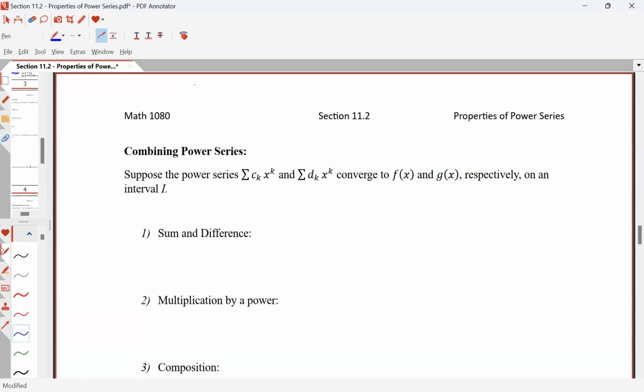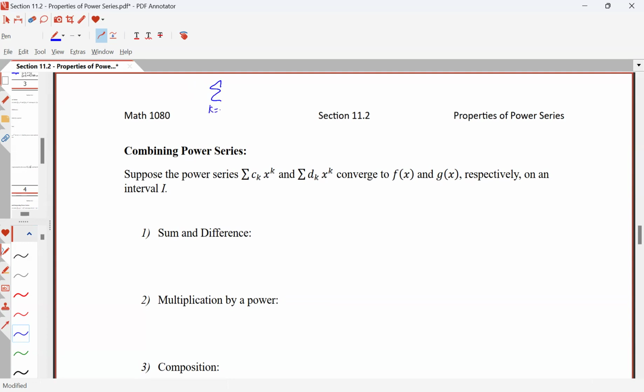So that is exactly what this theorem here is saying. Suppose we have a power series c sub k x to the k and d sub k x to the k that converge to f of x and g of x respectively. Again, we'll see a little bit more about these functions that we can converge to, but in the first video,